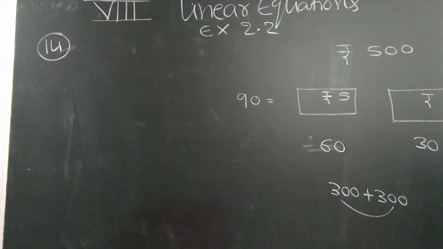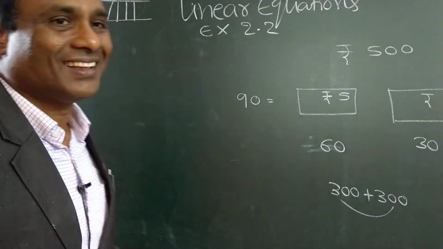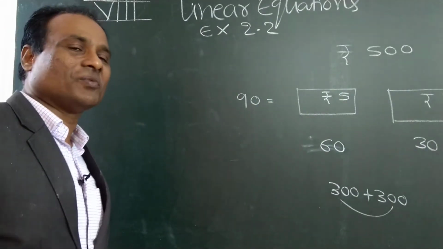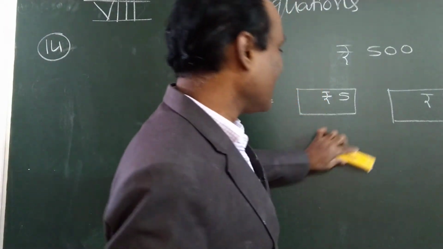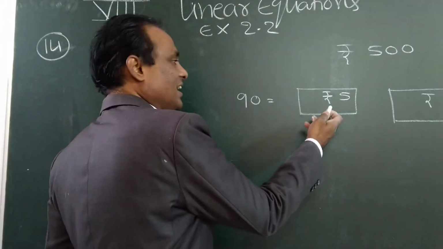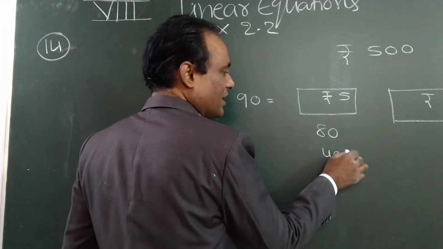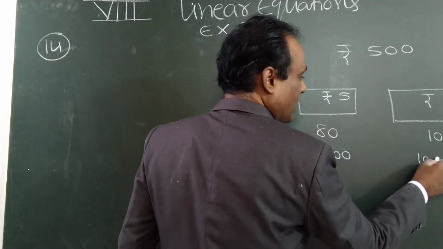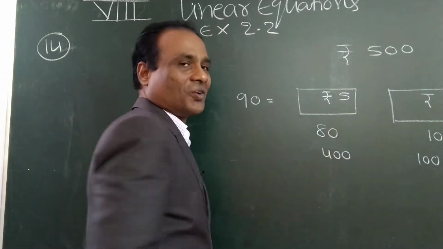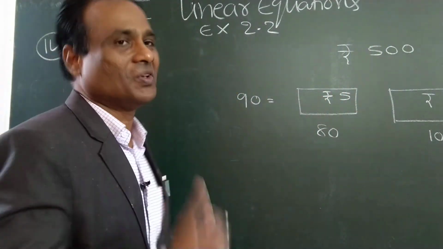Already many of you have written the answer, but I don't know whether you have seen the answer at the end of the textbook, or you are telling your own. If you are telling your own, very good, congratulations. Actually 80 5 rupee notes, 80 into 5 will be 400 rupees. 10 10 rupee notes will be 100. 100 plus 400 is 500 rupees. That is the procedure, but it should not be like that. We have to do the steps. You have to do the process.